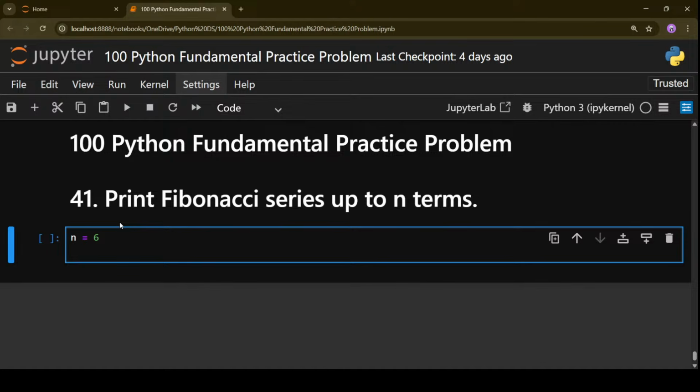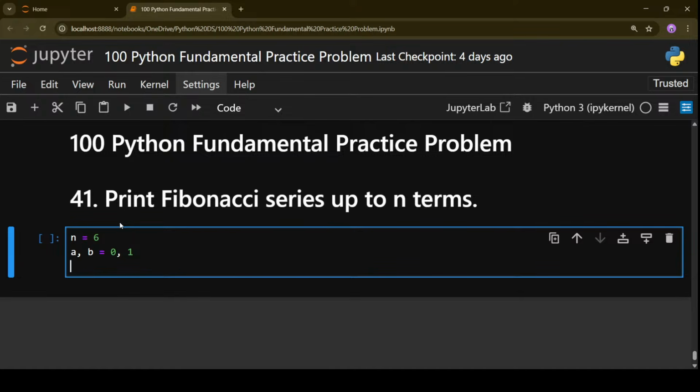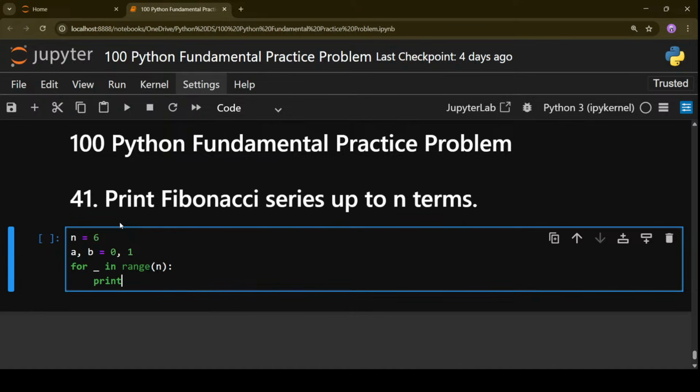So first of all, you have to take till how many terms you want to print your Fibonacci sequence series. Then, as I told you, the initial values are 0 and 1. So take two variables named A and B, or whatever you want, and assign 0 to A, 1 to B. Now, we'll start the for loop till n range and print.